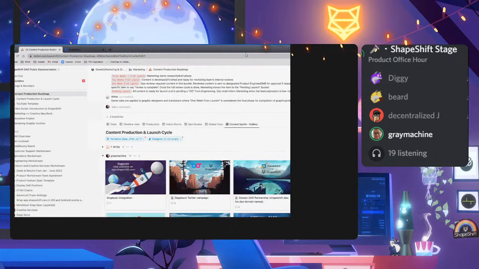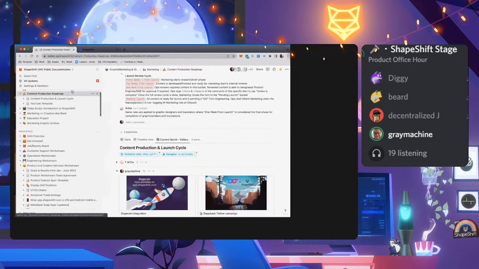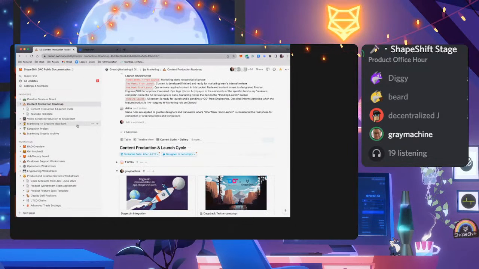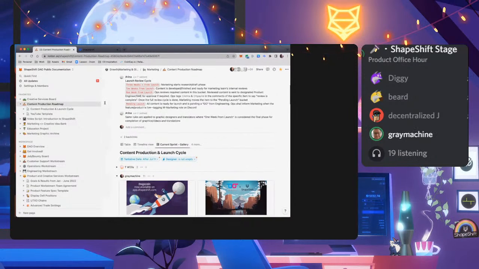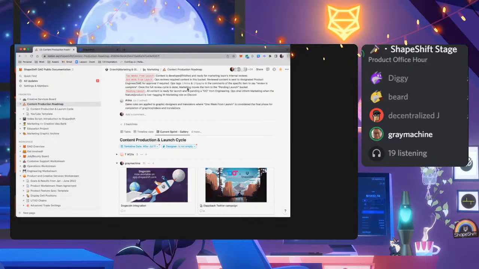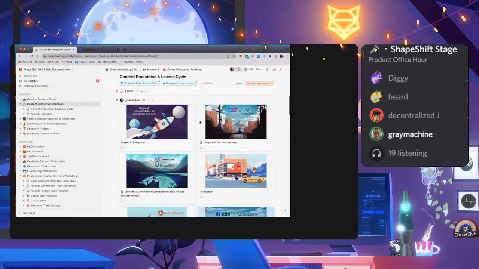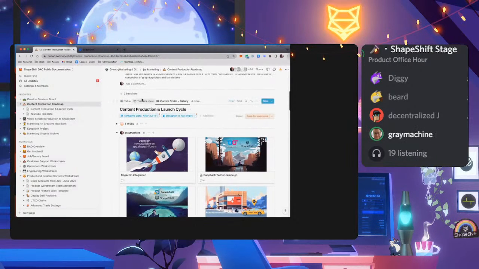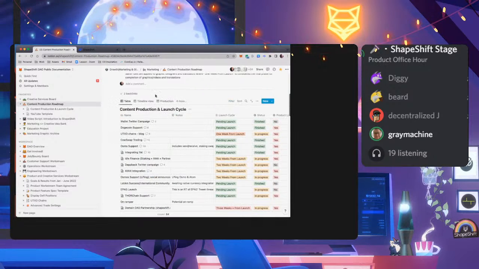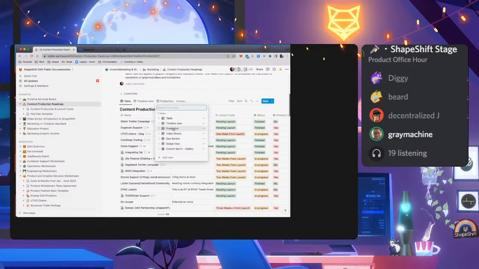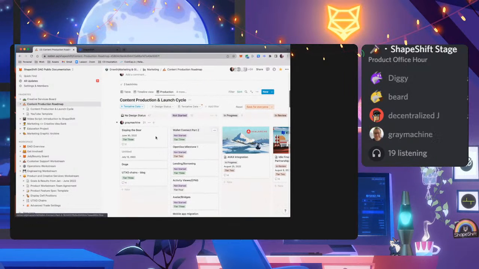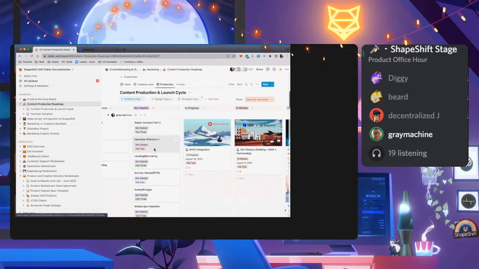Just pulling up the Notion page. Mostly, my eyes have been on the marketing content production. So when products go out, this is actually a gallery view. Let me switch back to a table view. Okay. So I think I've shown this before, but to make it easier on myself,